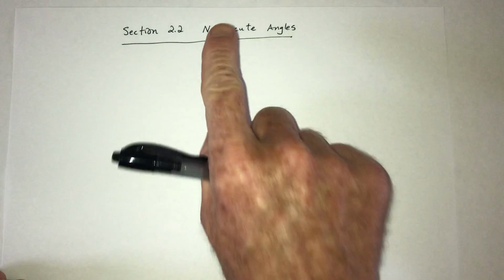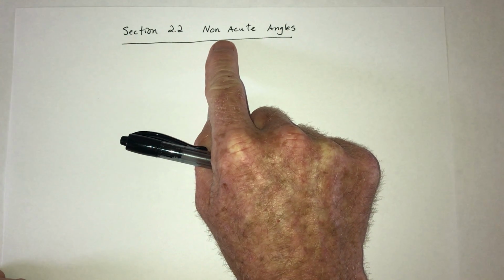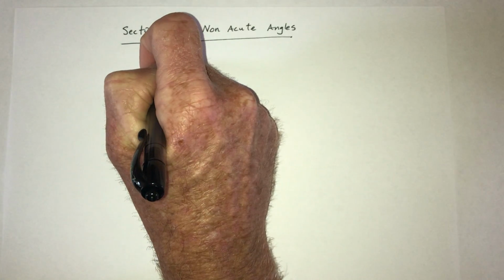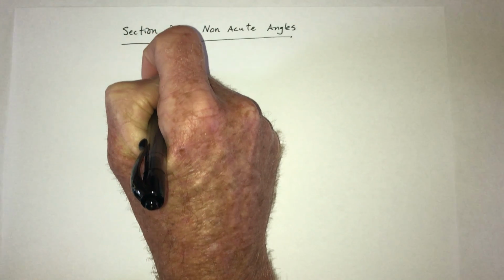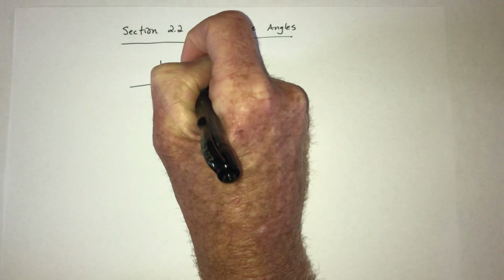So the last section was about acute angles, those that measure less than 90 degrees. What about if it's a non-acute angle? So what if that angle is not acute? Well, how does that even happen? So you could have something like a triangle,